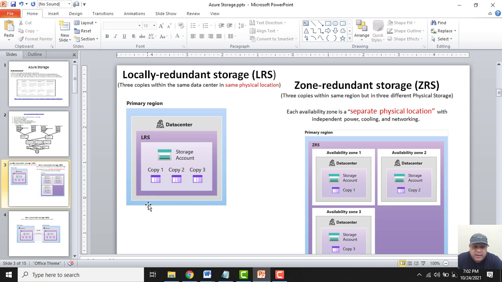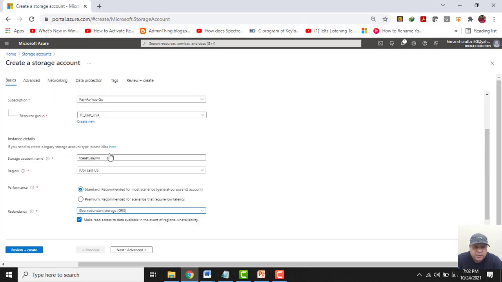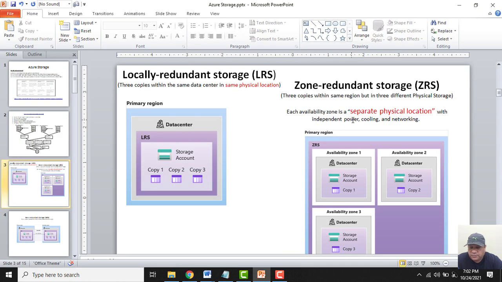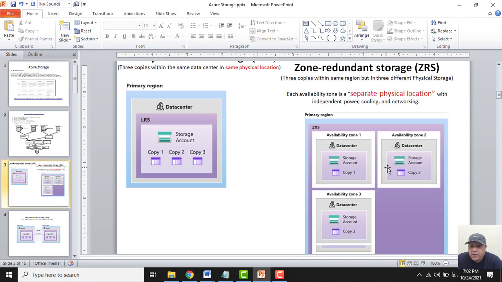And if I select the option ZRS, then what will happen? When I create my storage account, I will get 3 copies.